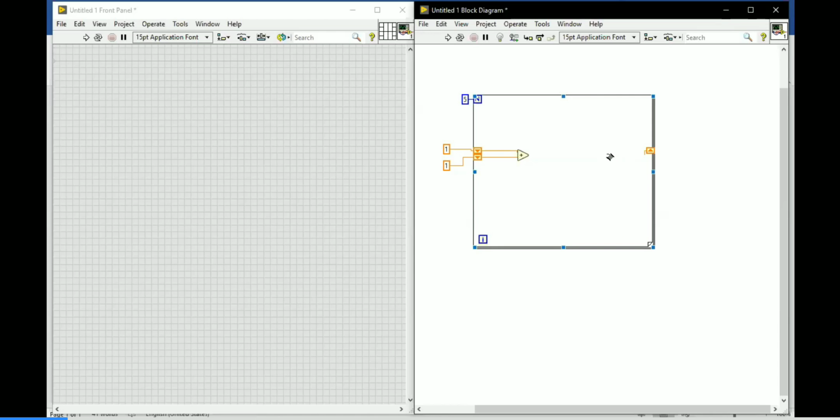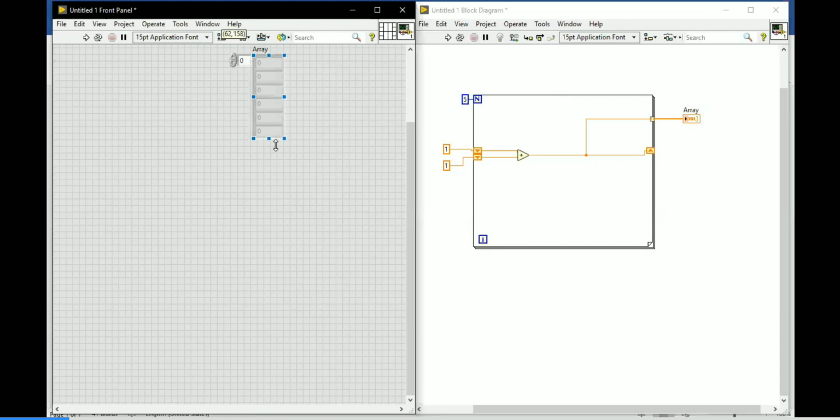Now just put an indicator. Right click, create indicator. So what will happen if you run the program? The output will start with 2, since 1 plus 1 is stored, so you will get the value 2.